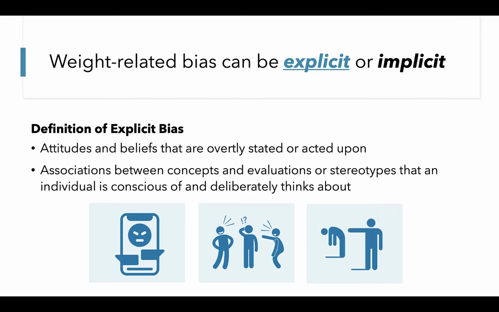Finally, weight shaming would be another example of explicit weight bias. If an individual's dining partner makes negative comments on what they're eating, their lack of physical activity, or how those behaviors may be contributing to their higher weight, their partner is shaming them for their weight and their weight-related behaviors.